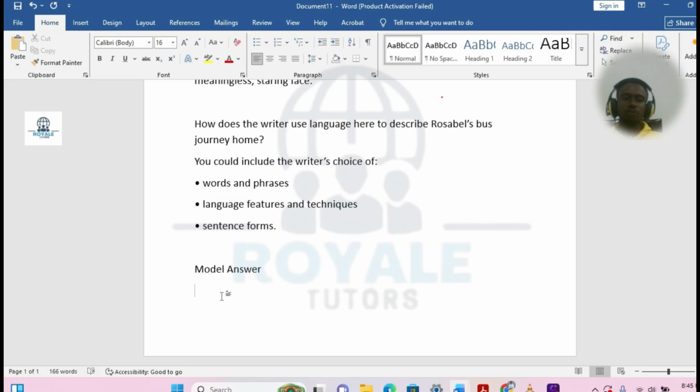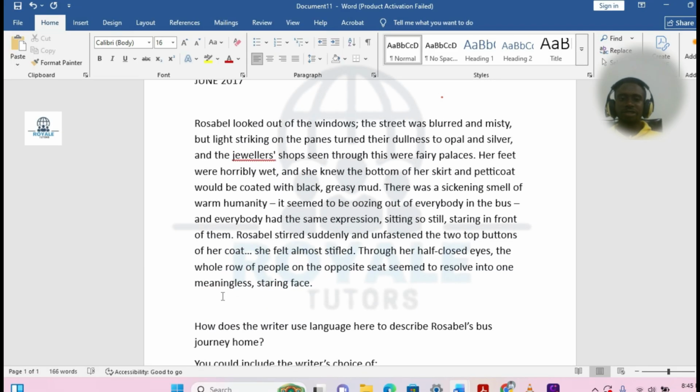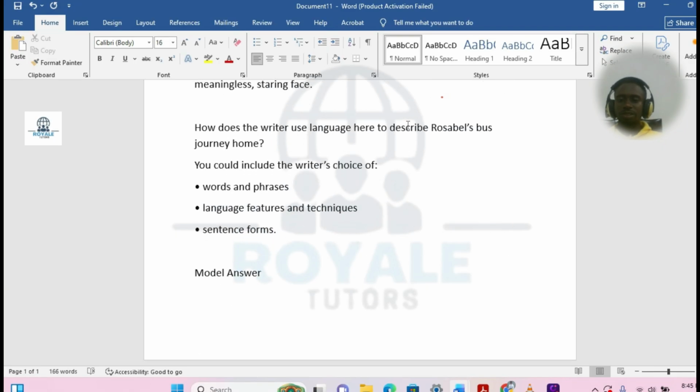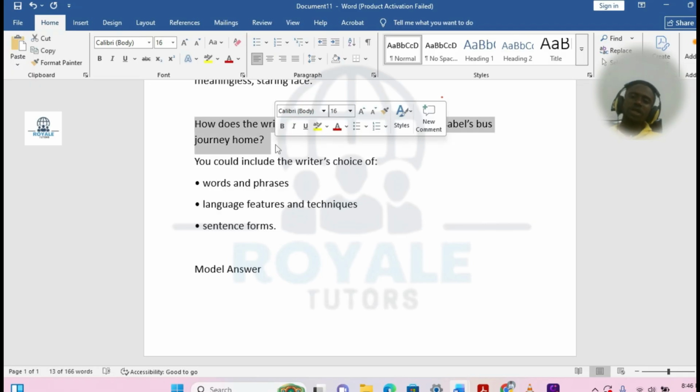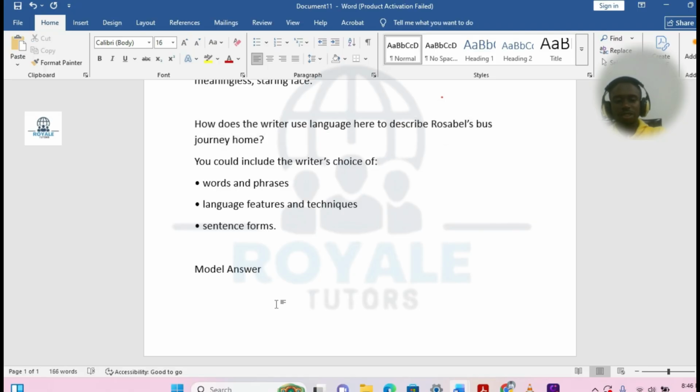And of course, I think we have some evidence in the text from the beginning: the street was already described as blood and misty. All right, so let's put our first point here. But then how do we write our first point? Do we write it by rephrasing this particular question? We add some words to it, we use synonyms for some of them, and then we're good to go. So we can have right here, the writer uses descriptive